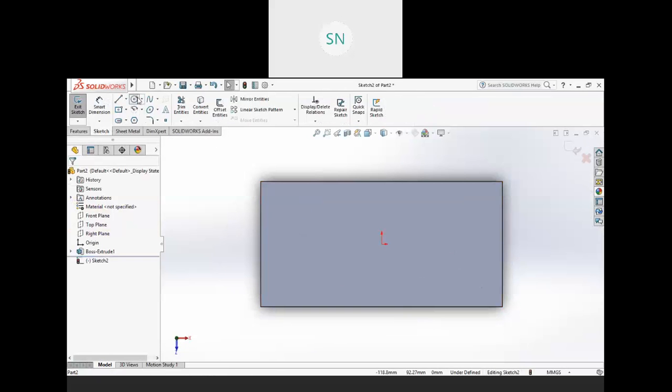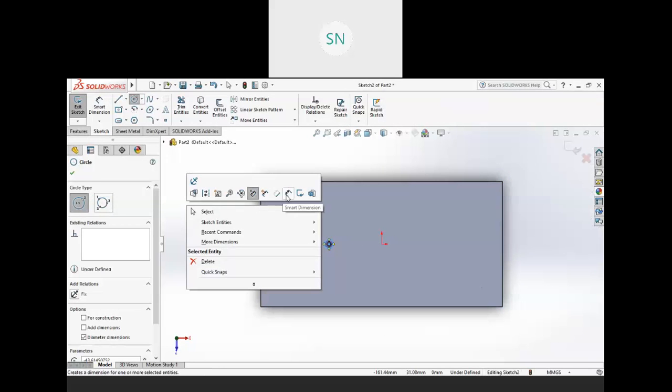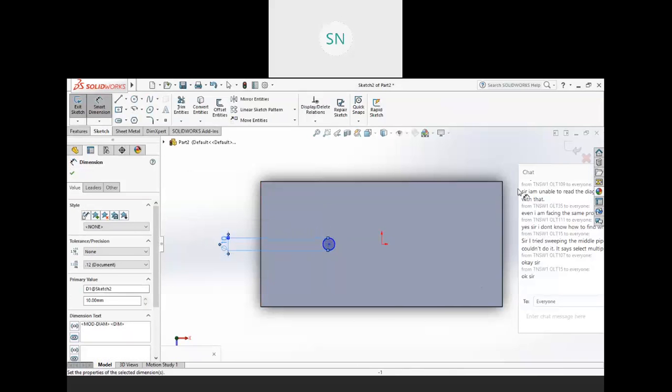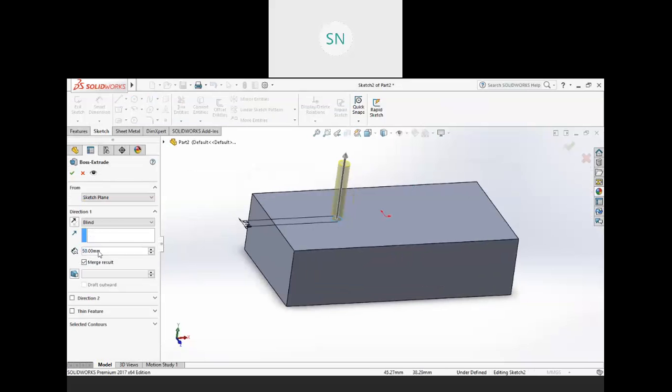So these extrusions are known as features. So this is 10 mm and finish, and height should be 25.